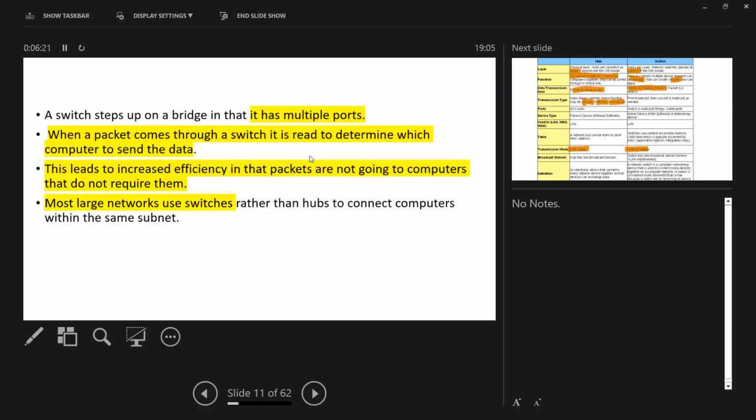Okay, then the switch is like a bridge that has multiple ports. Bridges could also pass data, but they have only 2 ports. So we use bridges to connect 2 labs together to communicate, but switches contain multiple ports. Therefore, we can use switches to communicate between 2 or more labs, as well as within the lab,